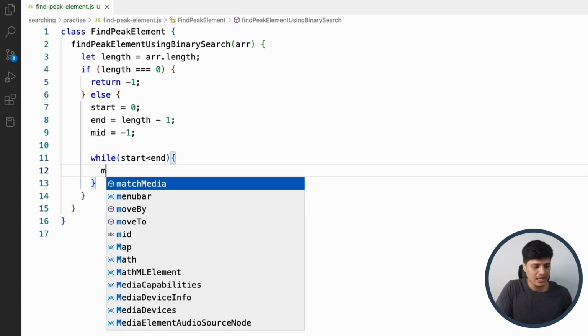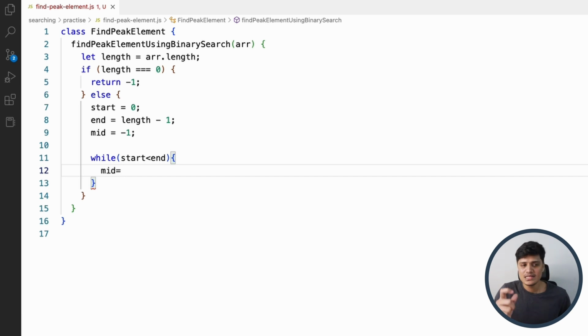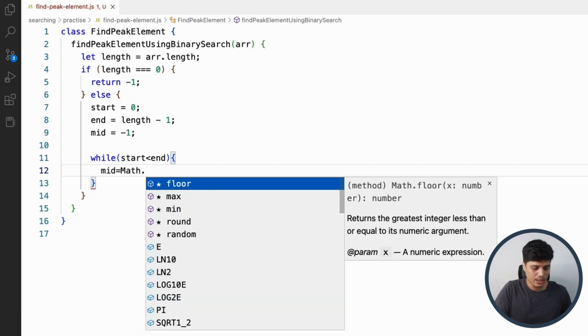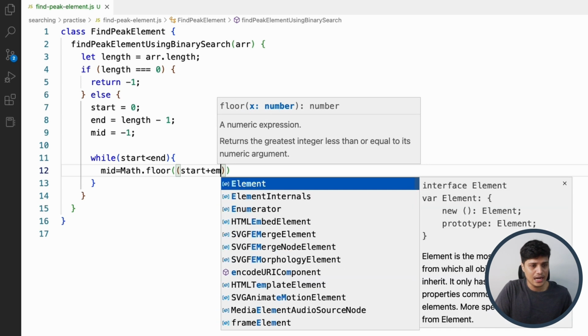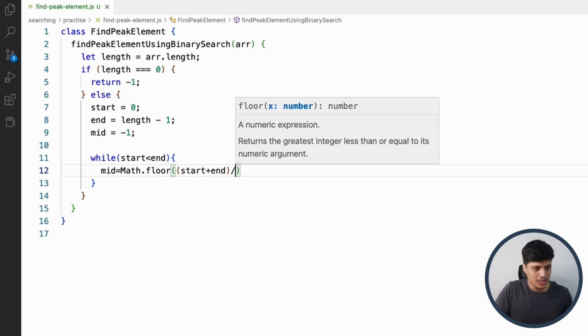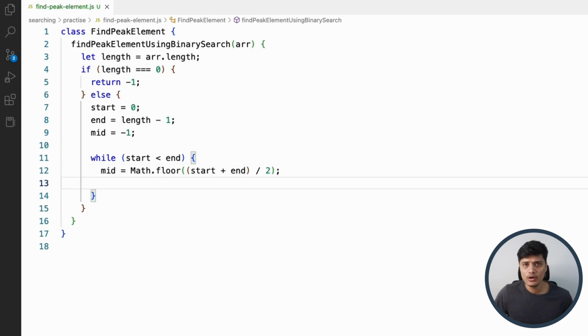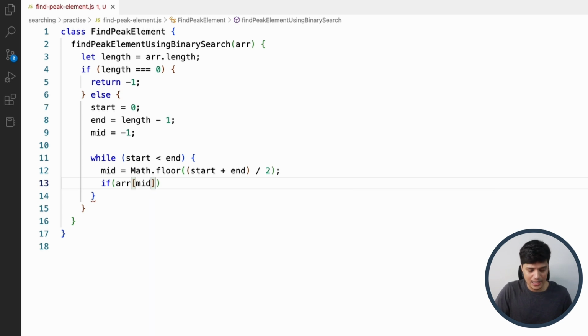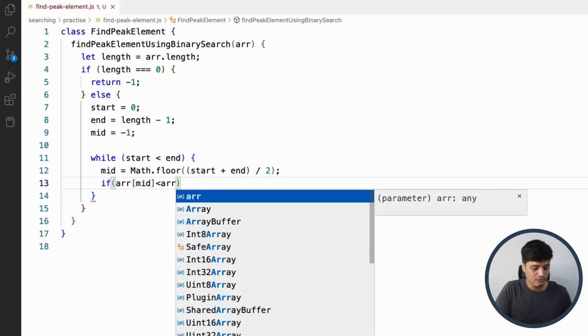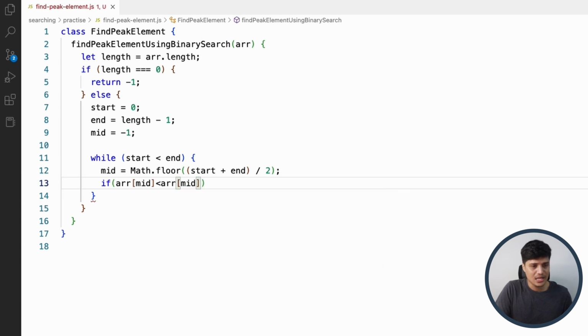Here we will calculate the middle. Middle is nothing but start plus end divided by 2, right? It will give us a floating point result, so to convert it into a whole number, I will simply do Math.floor of start plus end divided by 2. Now I have the middle. Now I will compare this middle value with the value at the middle plus 1 index. So if the value I have at the middle index is less than the value I have at the middle plus 1 index,